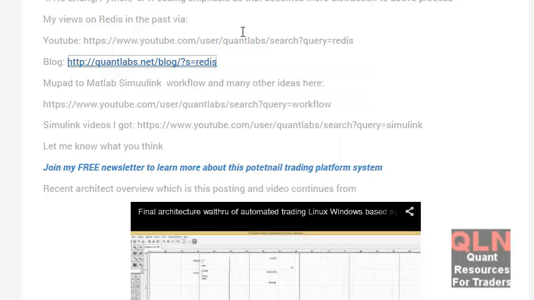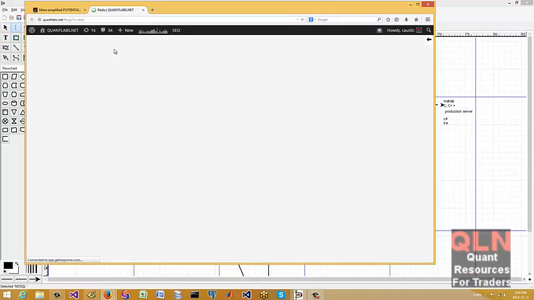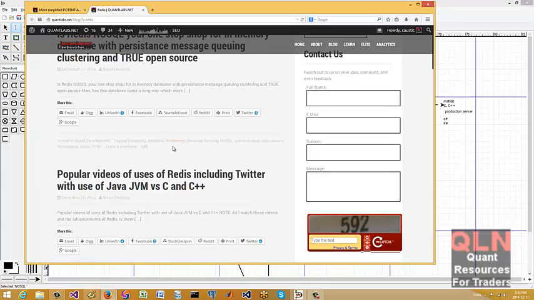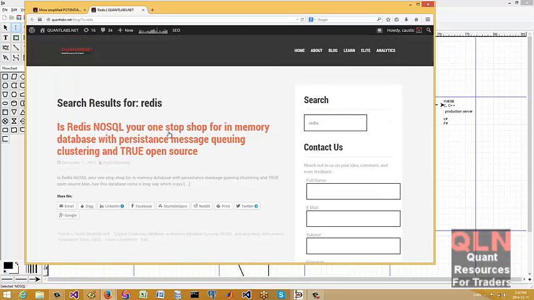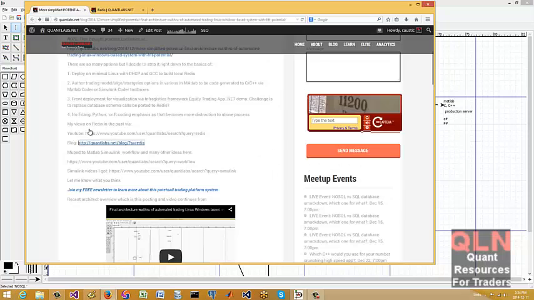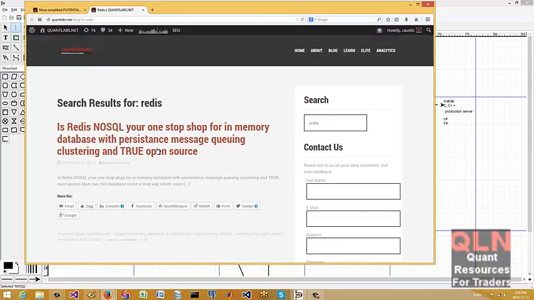The big one for me, I just put this up earlier, this one is NoSQL, your one-stop shop for in-memory database with persistence, message queuing, clustering, and true open source. I can verify it's open source, it's clean code, it's C, I've got it working many years ago. I've got demos of that running on my YouTube channel. Just do that search so you can see those.